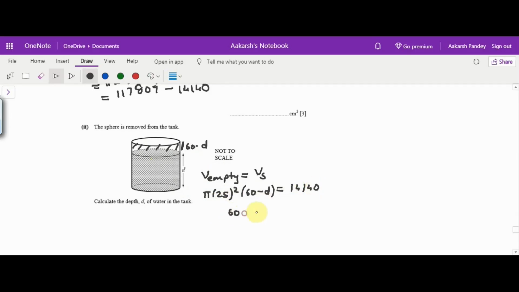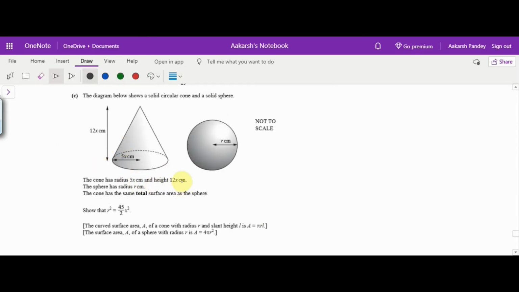So I get 60 minus d as 14140 by 625 pi. Now I get d as 60 minus 14140 by 625 pi. The cone has a radius of 5x and a height of 12x. The sphere has a radius of r. If the cone has the same total surface area as the sphere, find r. So